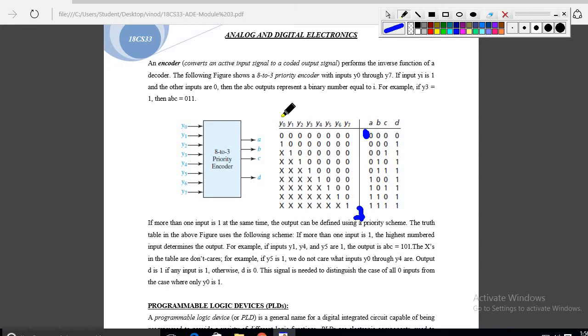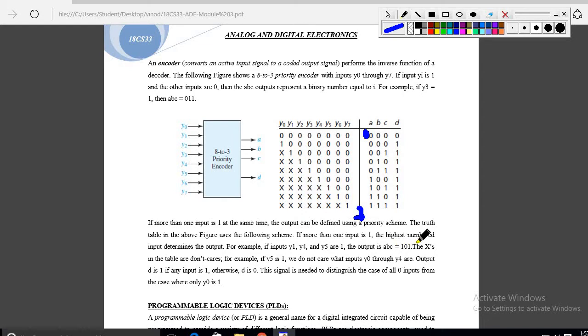This is the encoder circuit. It is the inverse function of the decoder part. The only condition is that it has 8 input lines and 3 output lines, but what is D? If any one of the inputs is 1, then only D should be 1, and in all other cases it should be 0, because all zeros means D is 0. Any one input present means D is 1, and you should remember that. ABC should be from 0 to 7, and you have to write the outputs. For example, if more than one input is present, we go for the priority, so ABC is 1 not 1.